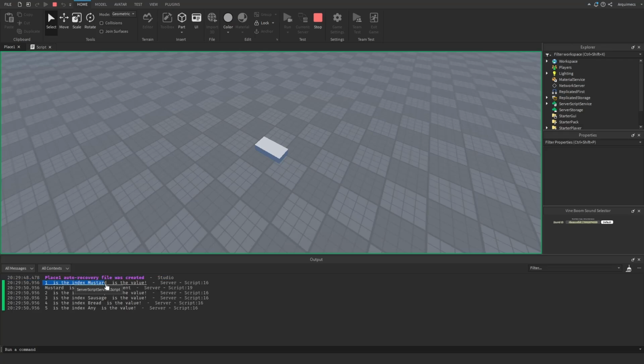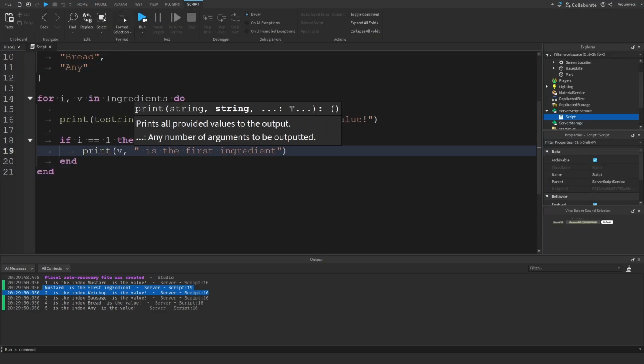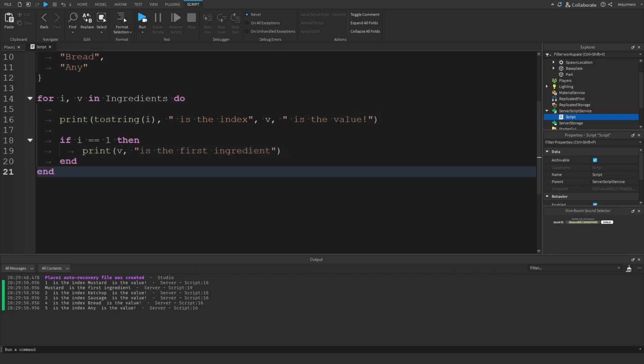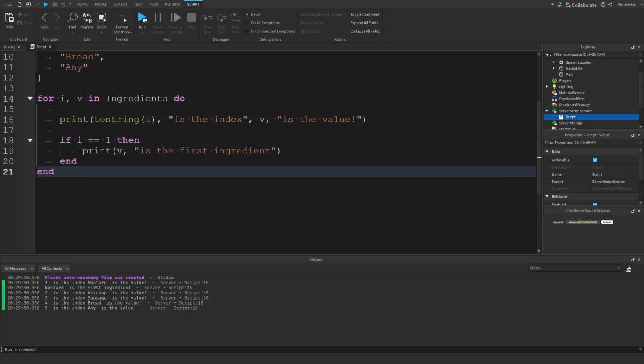I is the index, mustard is the value. Mustard is the first ingredient. See? The value of 1. You can see that. So let me just separate this real quick. Okay, so that's pretty much it. And then you can do, let's say,